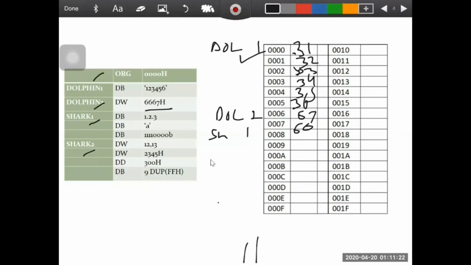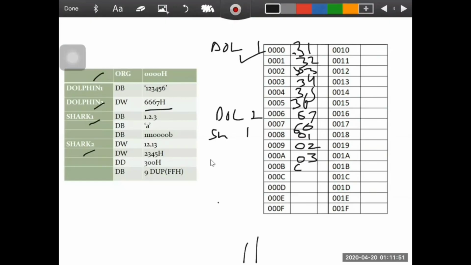Now shark 1. In shark 1, DB 1, 2, 3. So there are three numbers. So each byte will be allocated to each number. So here 01, 02, 03. After that, DB 'a'. The ASCII code of small a is 61.